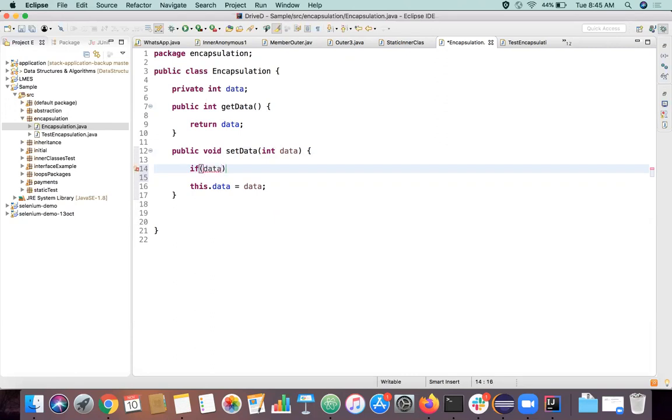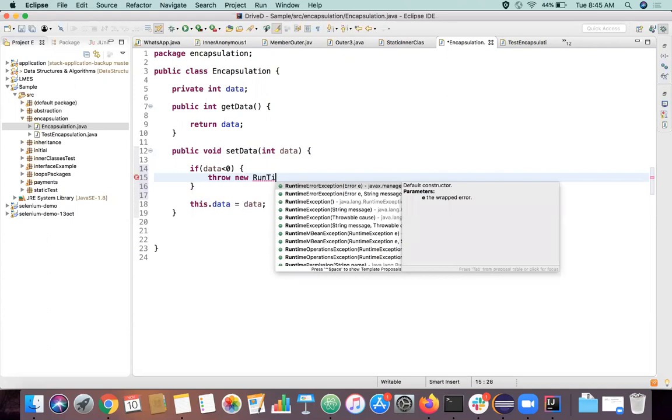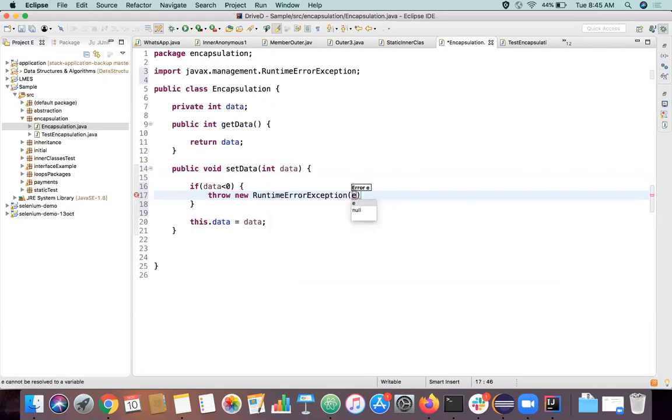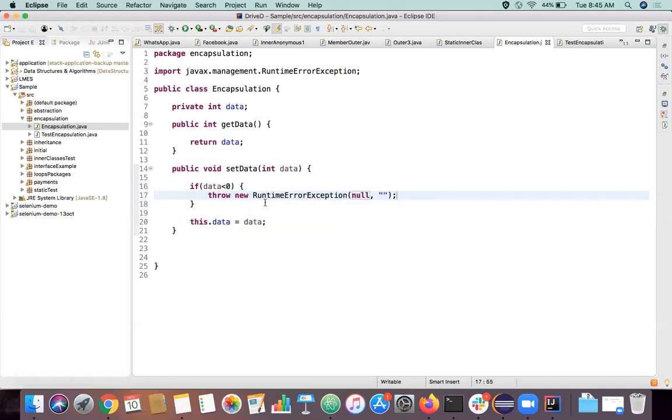If data is less than 0, then I can do some logic here, throw new runtime exception. So I can just throw an exception here.